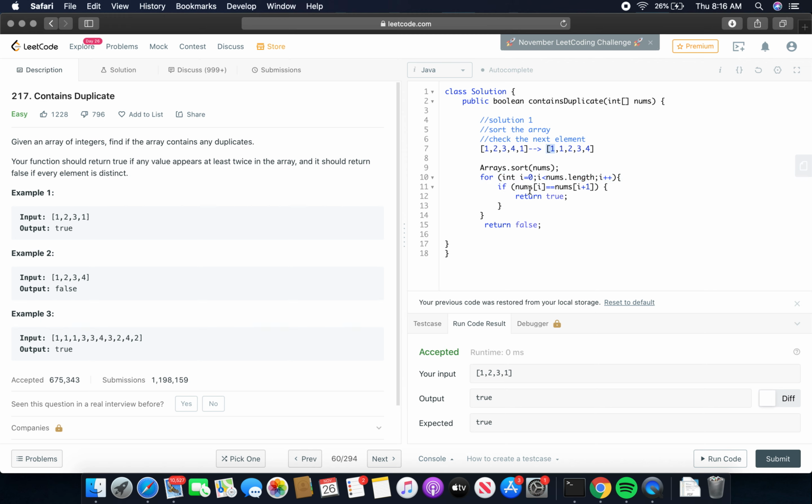It will check if nums of i is equal to nums of i plus 1. The i plus 1 value is also 1, so it's true, and we return from here. The code is good. So we can just try to submit.